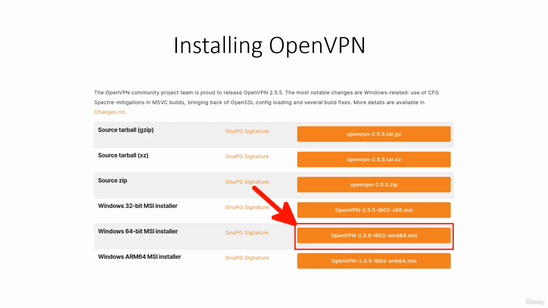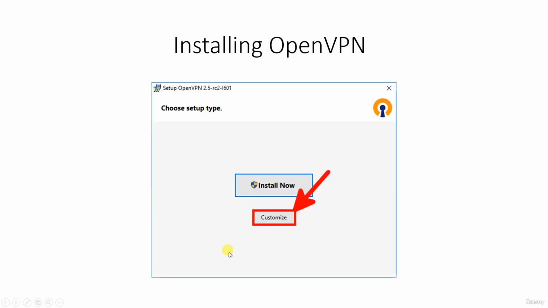So just download OpenVPN. Simply download this 64-bit MSI installer, and it will be an exe file. Make sure you install it the same way that I will be showing. You don't need to click install, you need to click customize, because you need to customize something in our OpenVPN service. So just click customize,